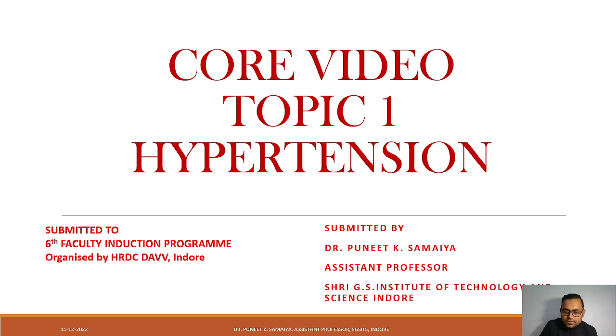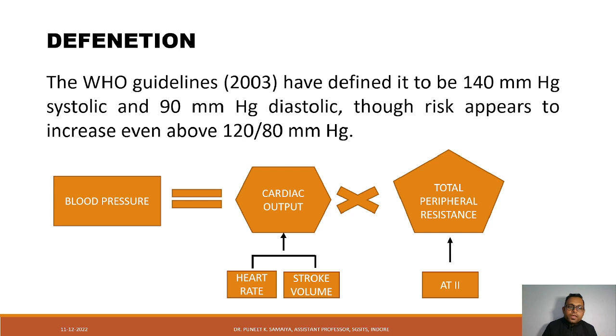So let's move to the definition of hypertension. So what is hypertension? According to the World Health Organization 2003 data, it has been defined as the blood pressure, systolic blood pressure to be 140 mmHg and the diastolic to be 90 mmHg. So if the blood pressure is above this, then it is called hypertension. But it is observed that if the blood pressure is above 120 by 80 mmHg, then also there is a risk of some